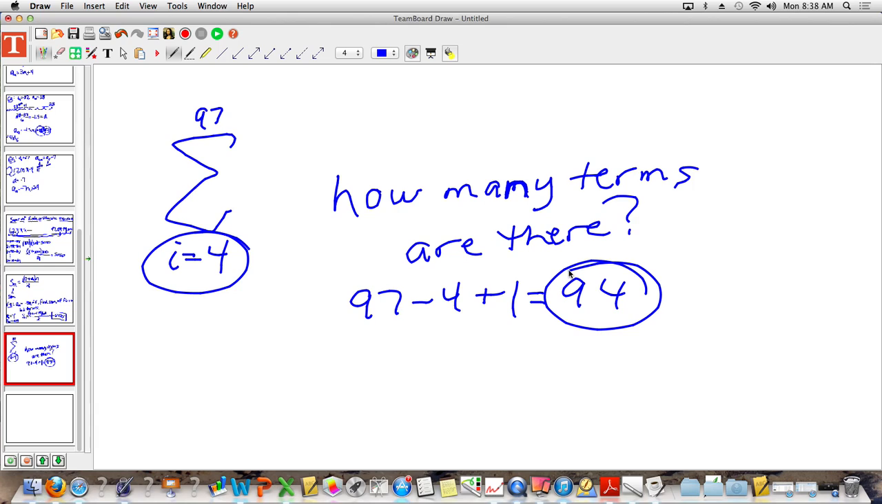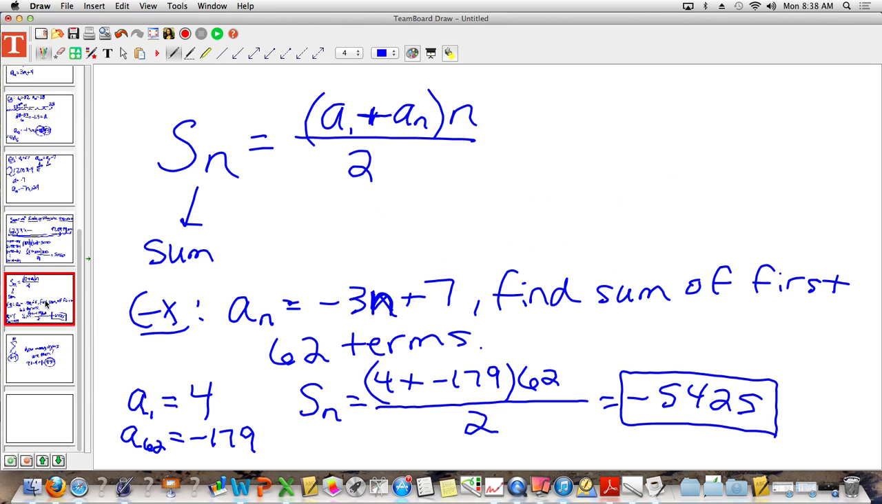So the reason I'm telling you that is because when you use your formula, n, in this case, would not have been 97. Your n value would have been